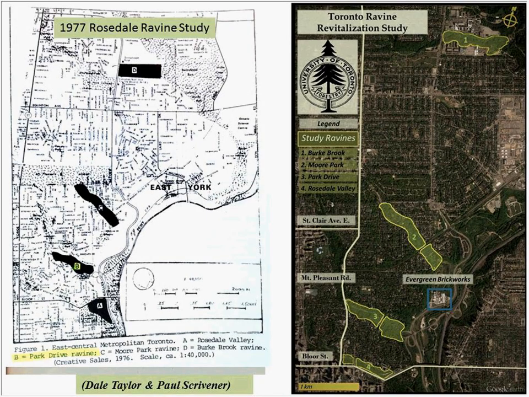Here's quickly our main project. We covered this on the left panel. You'll see the 1977 Rosedale Ravine Study, which Dale Taylor and Paul Scribner did, along with Nobel Prize winning biologist Jeffries, UT. You can see those black boxes in the 70s, they went into the 4 different ravines, inventoried the biodiversity, all different taxonomic groups, and got this very valuable baseline of the conditions 40 years ago.